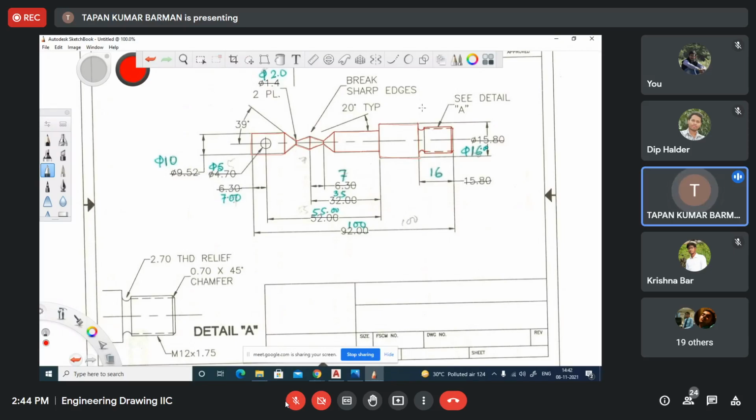Okay. This part, basically this part is highlighted at this position, right? Understand? The circle mark part is highlighted here at the bottom. So you have to take two viewports. In one viewport, you will show the whole thing. You'll put the dimensions, all the things here, but it should be in paper space, not in model space. If you put the dimension in model space, the same dimension will be visible here also.